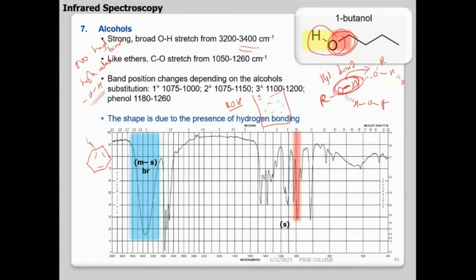Tell me the values. Where does the alkyne triple bond come? Alkyne 3200. 2200. Alkyne or CH, where does it come? 3200. 3300. Okay. Where does the CO linkage come? 1100. Alcohol or OH, where does it come? 3200. 3400. No hydrogen bond, 3600.